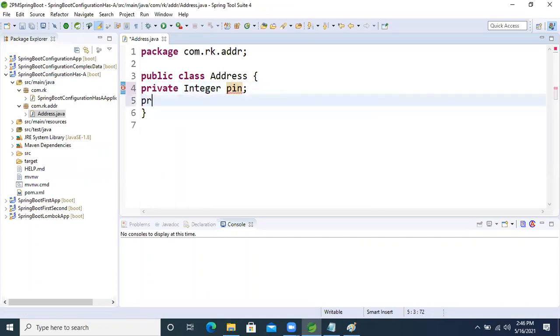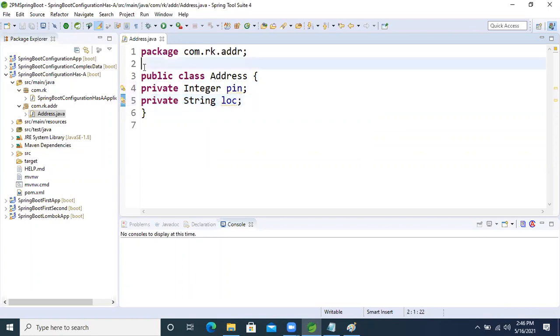Another one is private String loc, location, right?